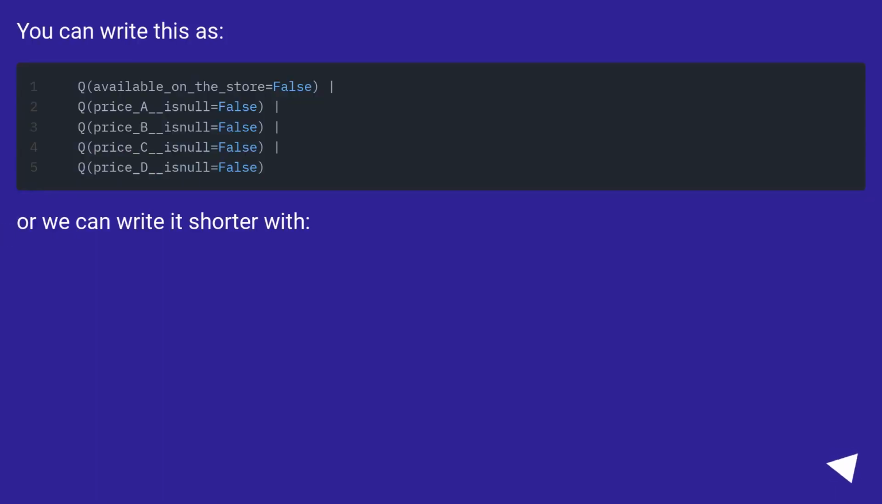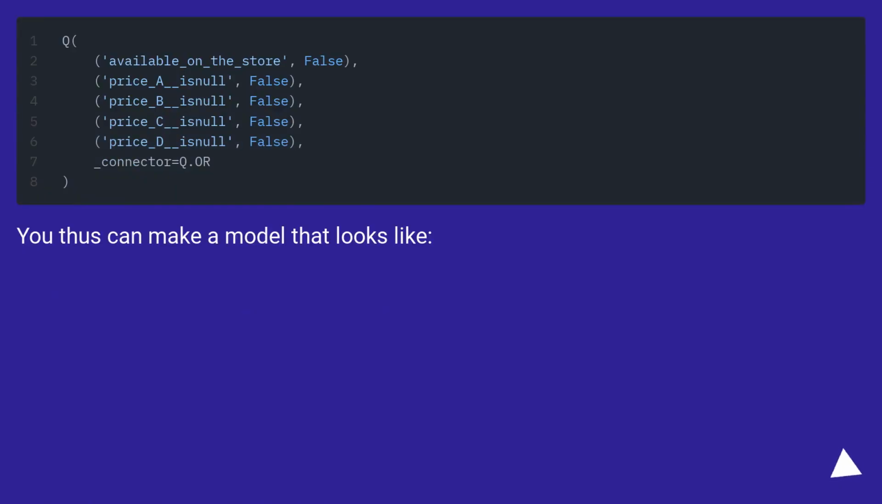You can write this as, or we can write it shorter with, you thus can make a model that looks like